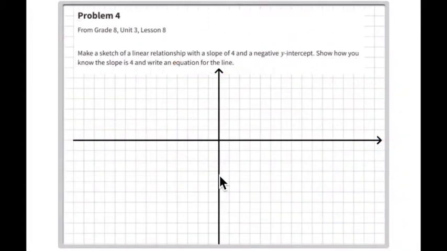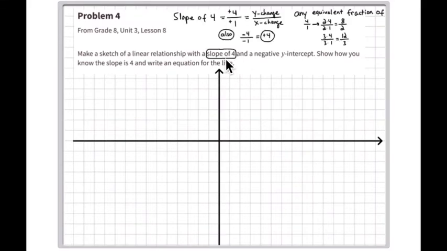In this last problem, problem number 4, it says to make a sketch of a linear relationship, so draw a line with a slope of 4 and a negative y-intercept. Show how you know the slope is 4 and write an equation for that line. So the first thing I did is made a few notes about what the slope of 4 means, and that is the